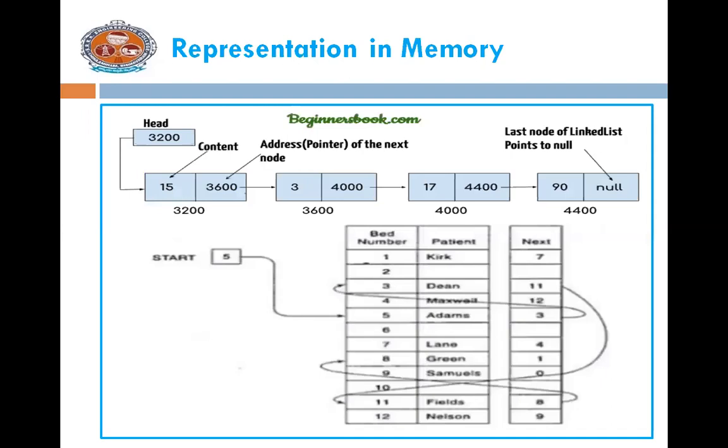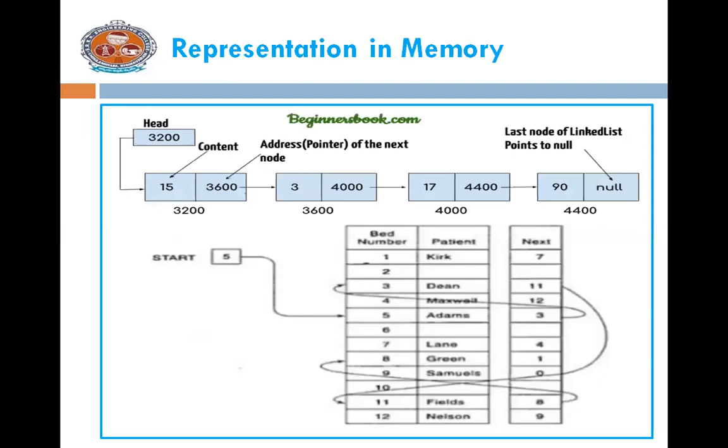So this is how a linked list is represented in memory. For example, if you take this linked list example, the address available in the head node is 3200. Here 3200 is the address of the first node of your linked list. We have a total of 4 nodes, and the first node's address is 3200. That's why in the header node, you have placed 3200, the address of the first node.